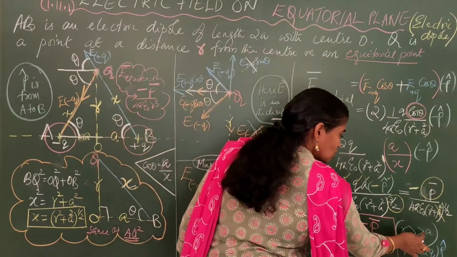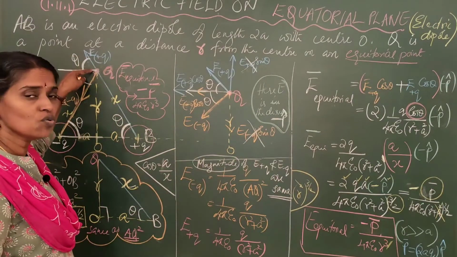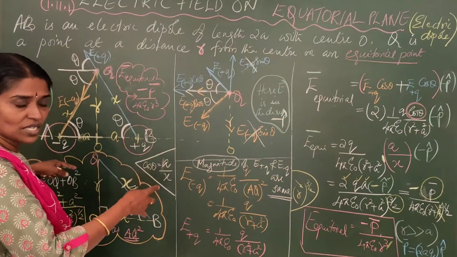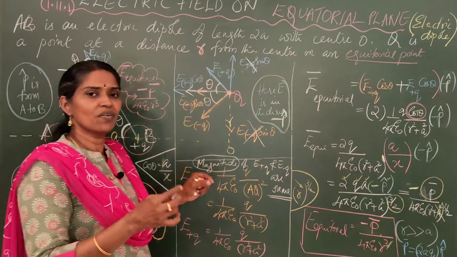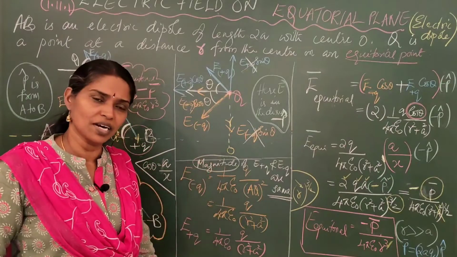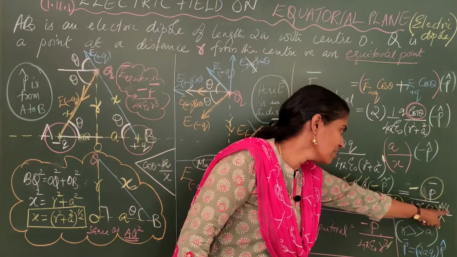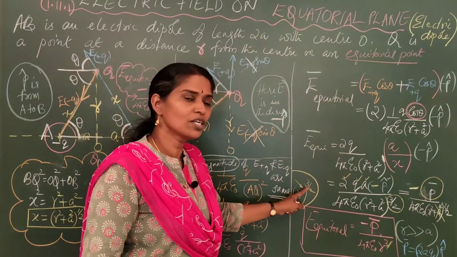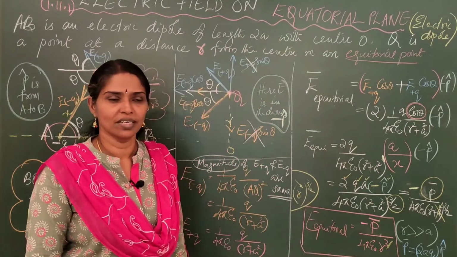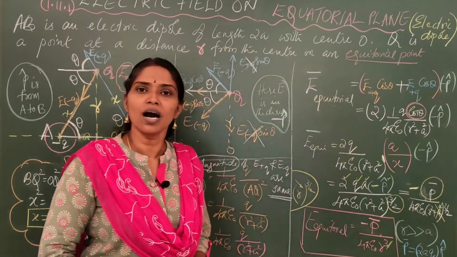Now when r is much greater than a, you know what is r, what is a? r is the position of the point q from the center. What is a, or 2a? The distance between the two charges, and it is very very small. For a value which is very small, when you go to squares and cubes, we will neglect it because it comes down. Therefore a square is getting neglected. Removed a square, so it is r square raised to 3 by 2. What is r square raised to 3 by 2? 2 and 2 cancel, r cube. So you will get r cube in the denominator. Hence proved. So the value is minus p bar by 4 pi epsilon 0 r cube.